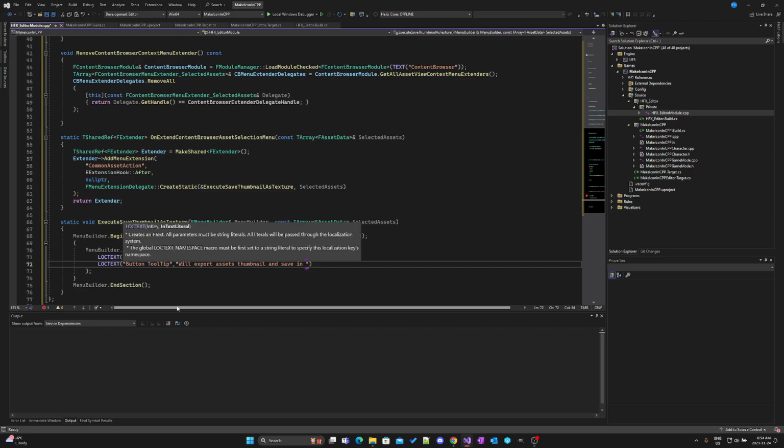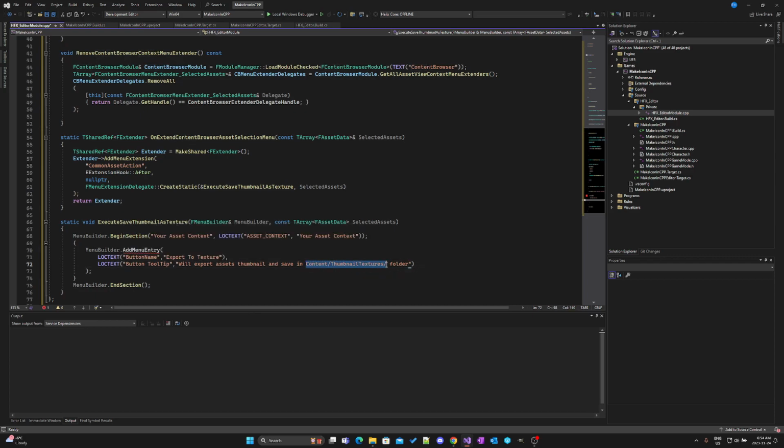Maybe we can change it later, but I'm going to hard code it into content. In other words, your game folder, game content, thumbnail textures in slash folder. So when we do these, this folder in our content directory is going to be